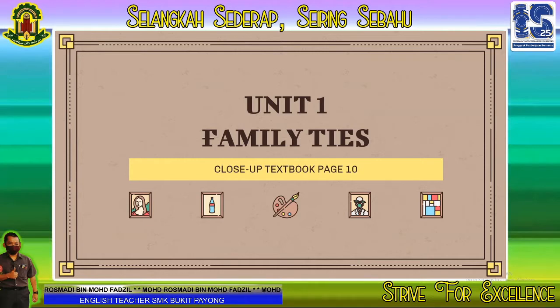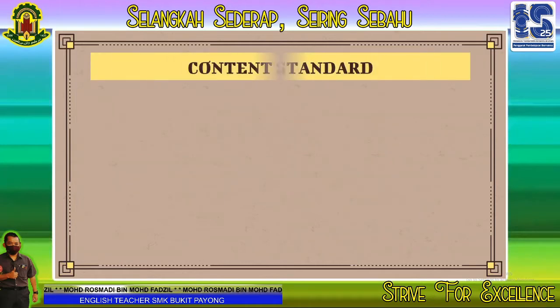Today's activities are mostly about listening. We are going to focus on our listening activities. Now, before we start, let me introduce you to the content standard of the lesson today, kandungan pembelajaran.